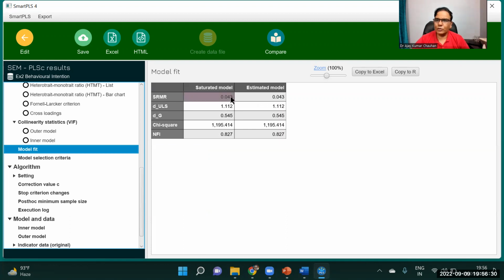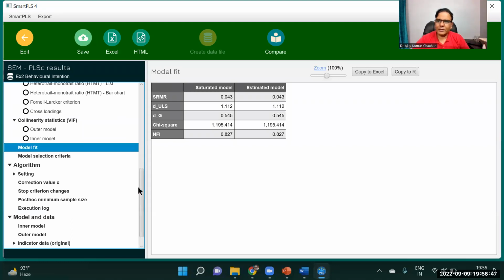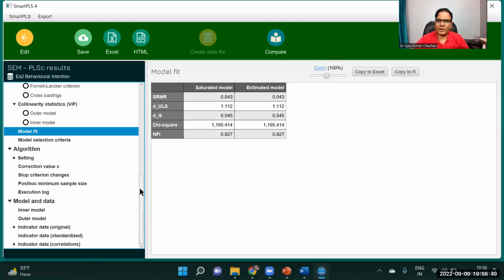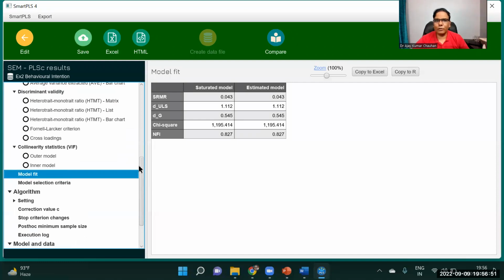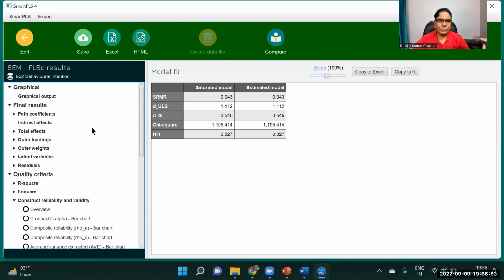SRMR is less than 0.08, good. NFI is more than 0.8, so both are acceptable in nature. If both are acceptable, it means our model fit is fine, not a problem. So we have checked the reliability, validity, and multicollinearity from this table. So just to repeat,